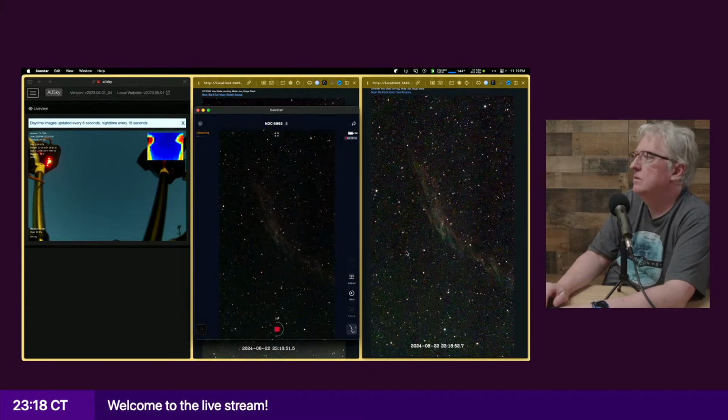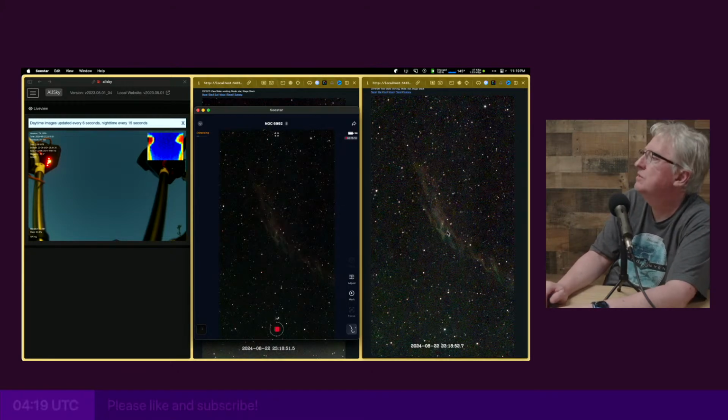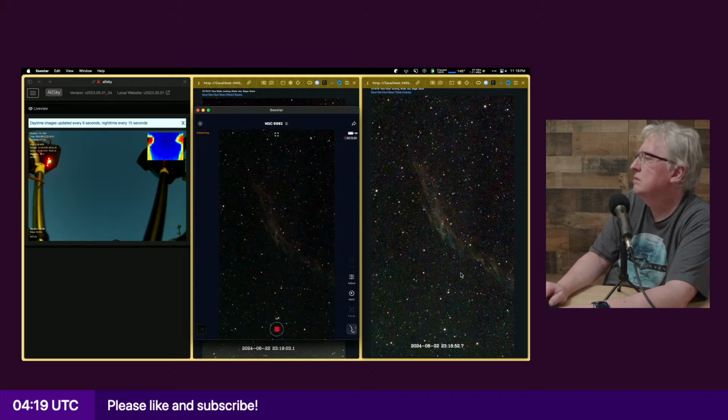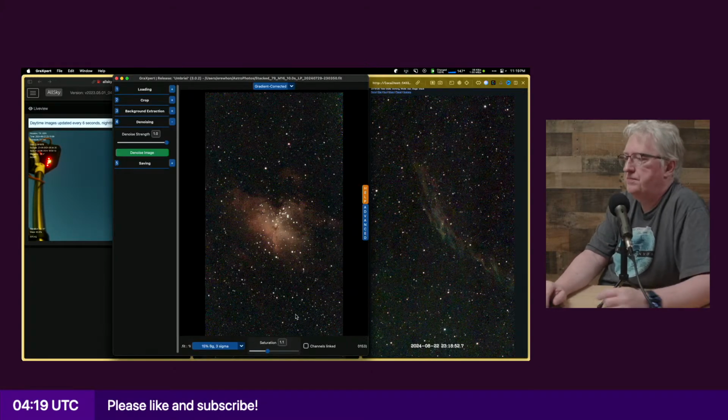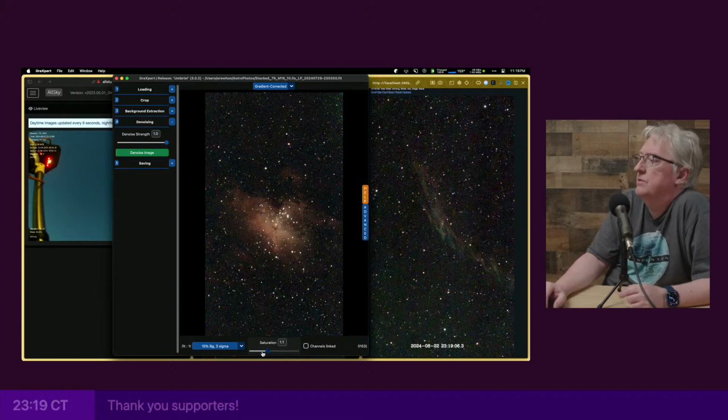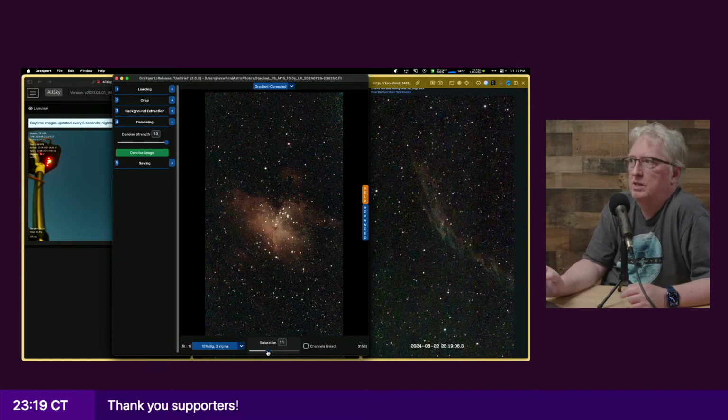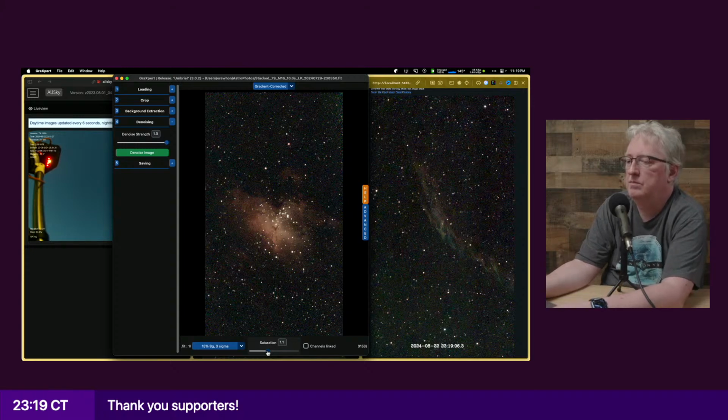Let's see. Yeah, see, again, the noise. I think I'll be able to reduce that, but it's definitely got more. It's definitely brighter. Seems to have more color. And then the other thing that I haven't done, the Graxpert code also has this saturation feature where you can... Whoa, that's too much. But you can increase the saturation. That code, I actually had brought it over, but I had problems.